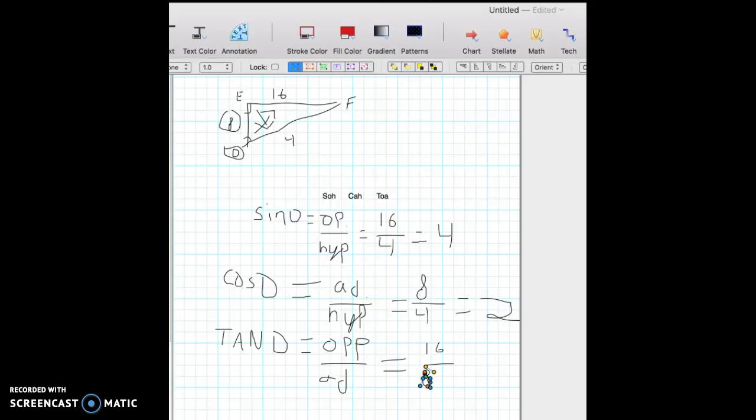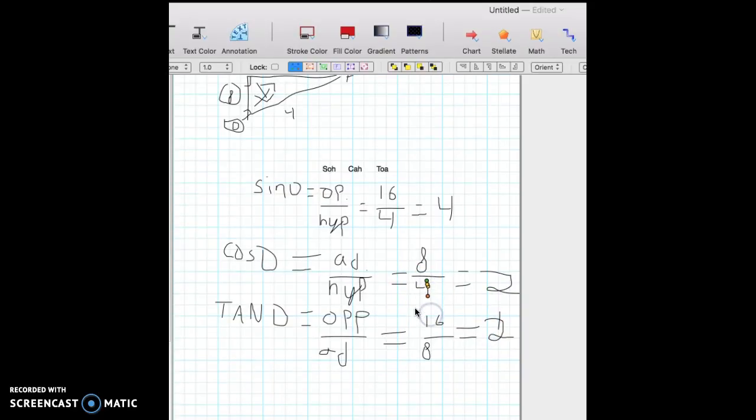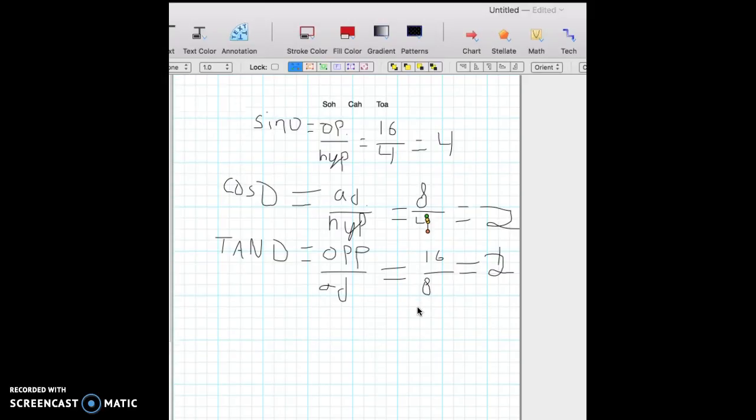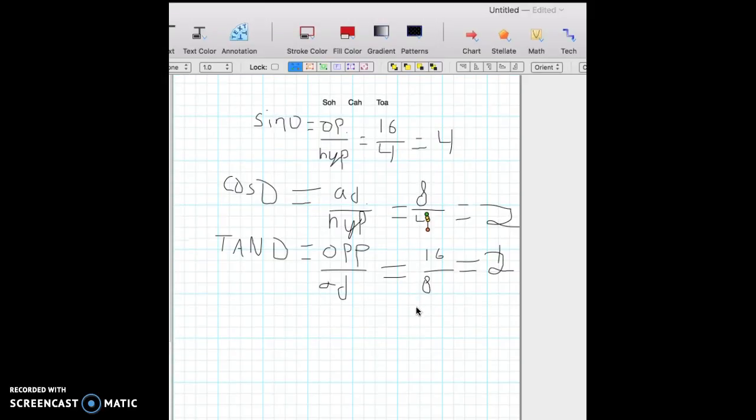This will then simplify since both go into 4. 4 over 2, I mean 2 over 1, sorry about that, which would just end up being 2. Okay. Now that we got all of those out of the way, now we're going to go into